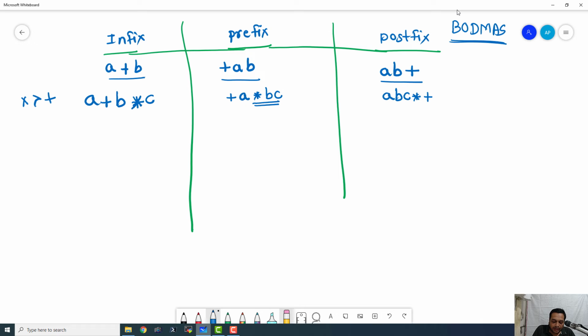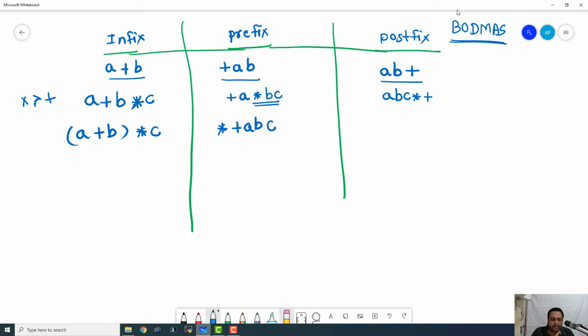Okay, now we will write the same expression a plus b multiplied by c, but this time we are going to use the brackets and it is going to change the meaning, or the output of the computation, of this entire expression. And it is going to be a very, very interesting exercise. So a plus b is in brackets and it is multiplied by c. So first of all, we have to compute a plus b and then we have to multiply it by c. So we have to write it like that: a, b plus and c multiplication. So this is the prefix.